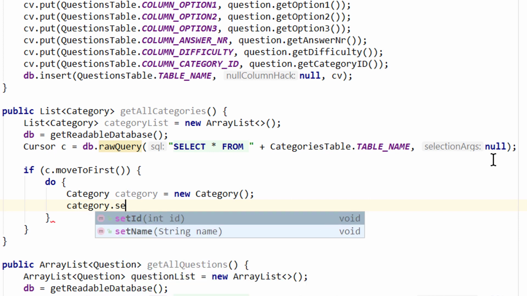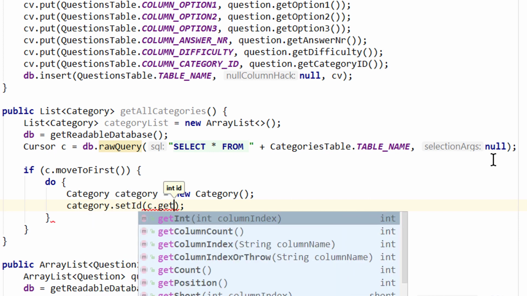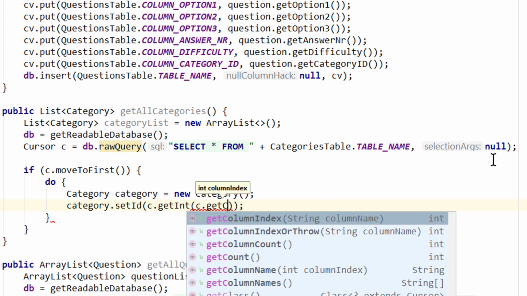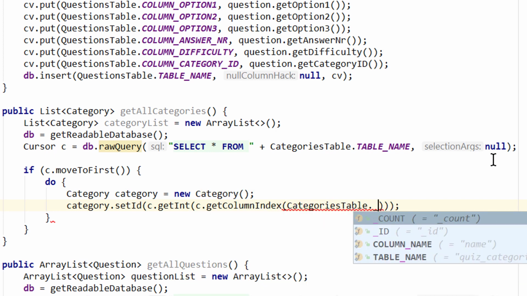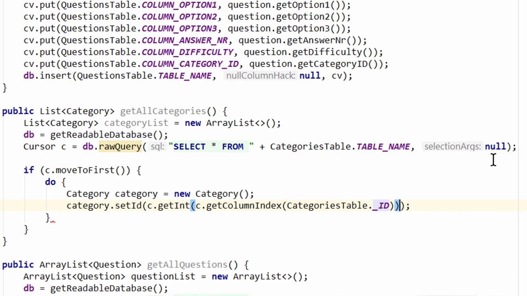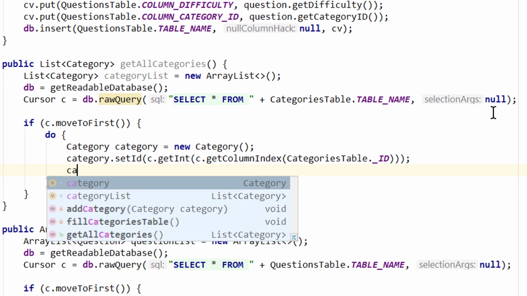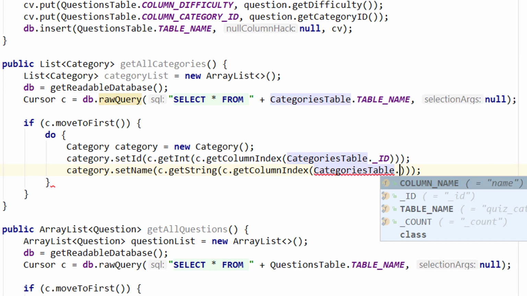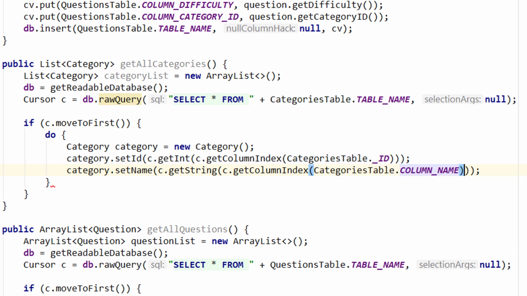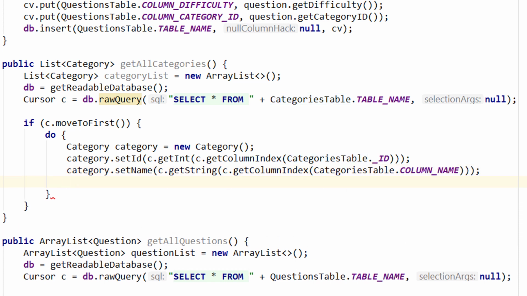So category.setId, c.getInt, c.getColumnIndex, CategoriesTable dot _ID, and in the next line category.setName, c.getString, c.getColumnIndex, CategoriesTable dot COLUMN_NAME. Then we want to add this category to our category list: categoryList.add(category);